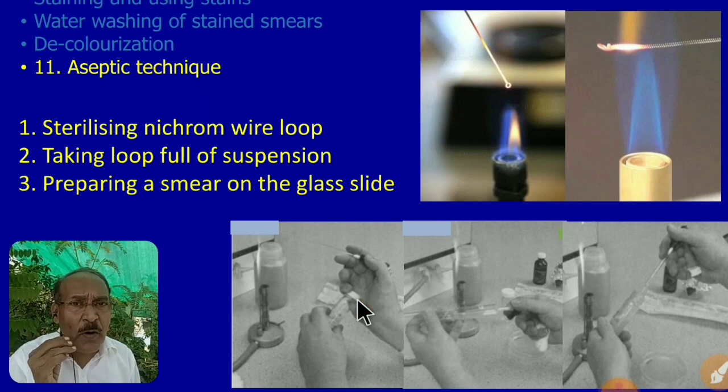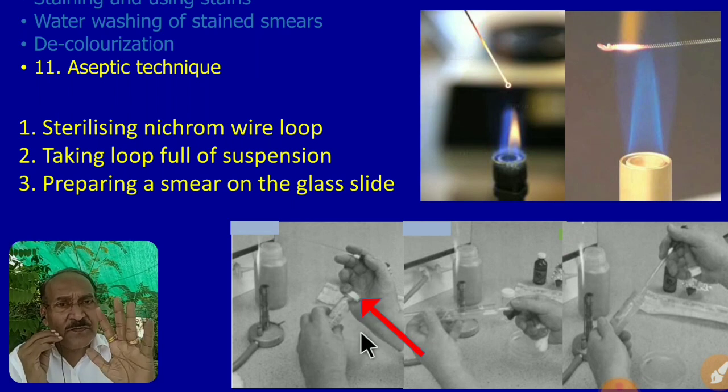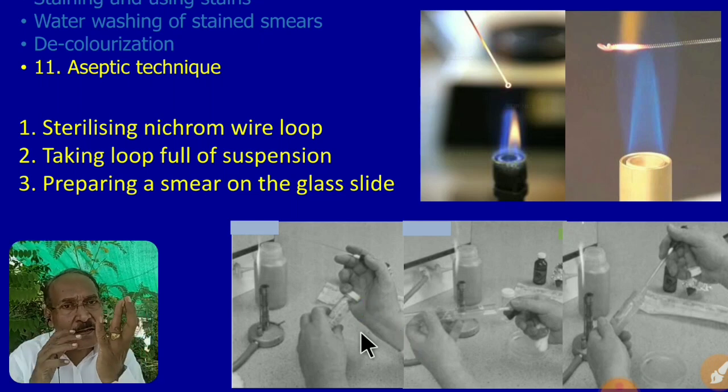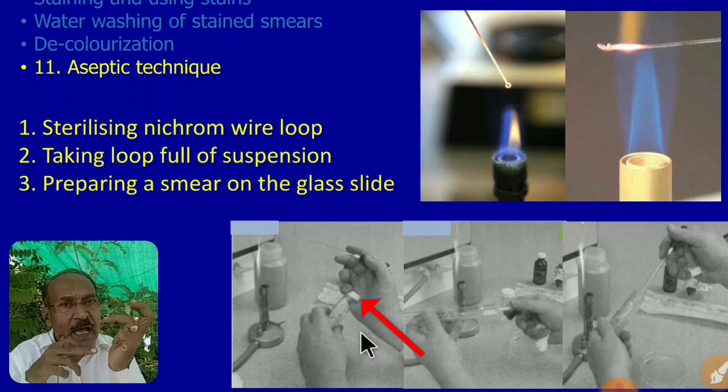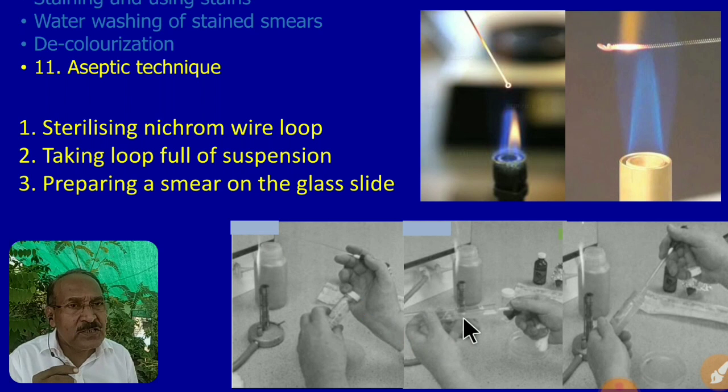So there is a technique with the help of which we can remove this cotton plug with the right hand and the smallest finger, the gap in between the smallest finger. Suppose this is my right hand and this is the smallest finger, so there is a gap in between. You can use this gap for holding the cotton plug, and then you can remove this cotton plug while holding your bacterial suspension tube in the left hand. So holding this cotton plug in the gap in between the small finger and the palm, you can take it out, and this is how you can remove the plug from this glass tube.